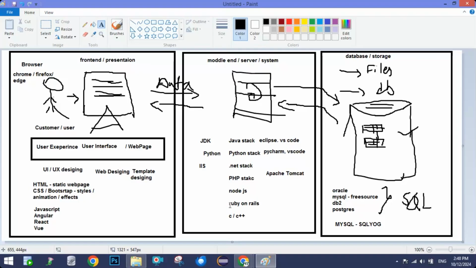Similarly for Java, first we have to install the JDK, and then Eclipse, and then the database and Apache Tomcat. Likewise, first we'll go with end-to-end installation of all the software required for your development, and then on Friday we'll showcase one sample project, how we will create a project in Java